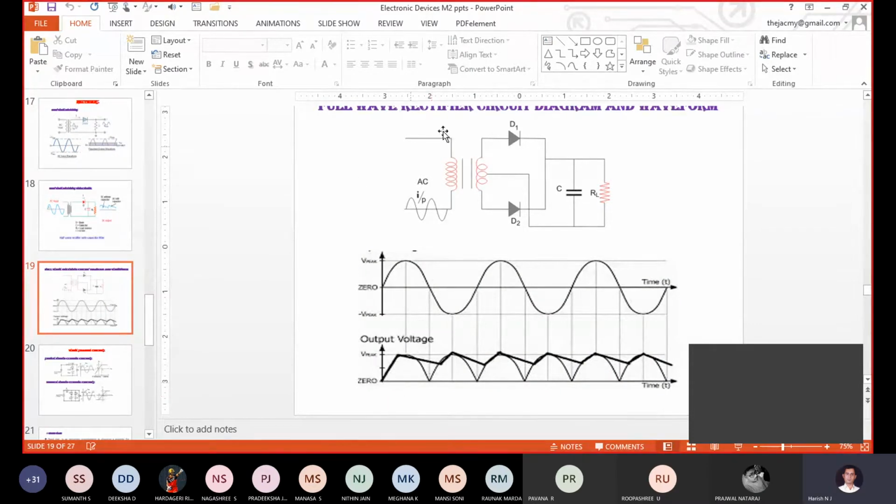Okay, correct. So here, which type of diode are we using for designing the full wave rectifier circuit? Is it the ideal diode or the practical diode? In your laboratory, is it possible for you to get an ideal diode for designing any circuit? No, sir. Obviously we have to use practical diodes, right?